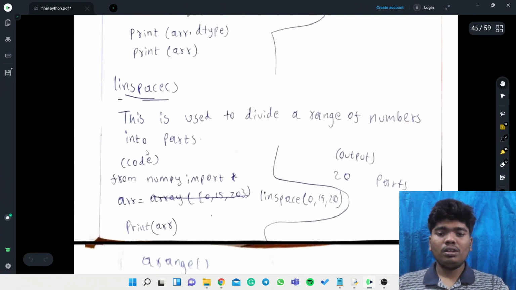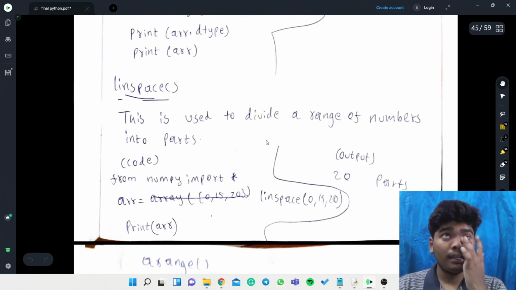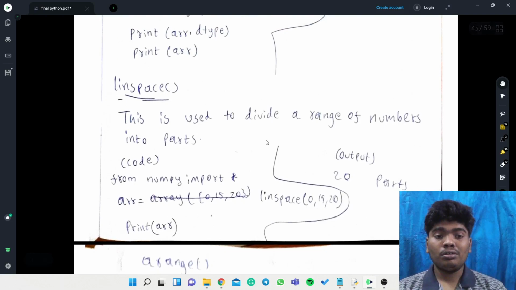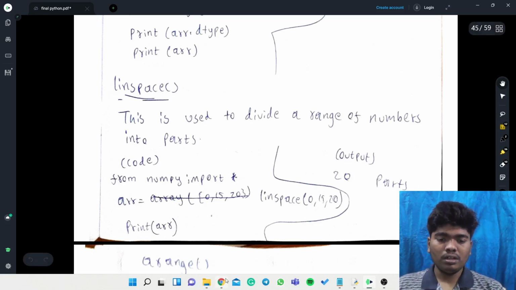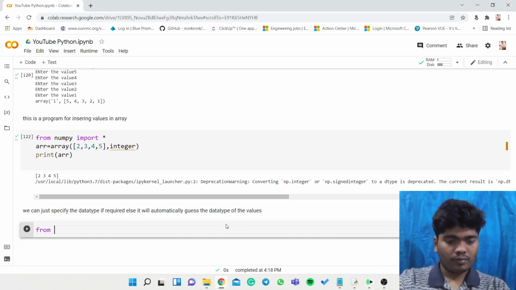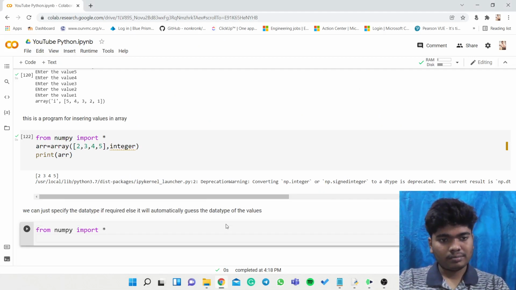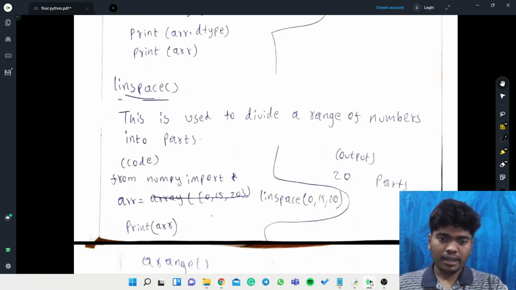Next is linspace. Linspace is nothing but creating a number of combinations. With the help of linspace we can create multiple combinations, so for this I will show you one piece of code. From NumPy import star. I think we should directly write linspace.